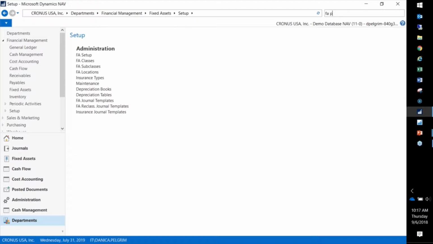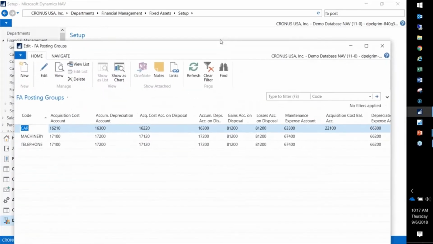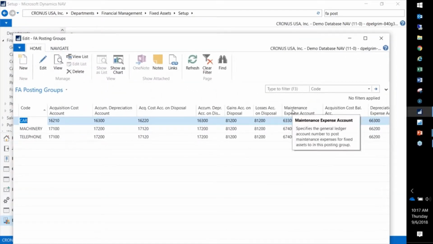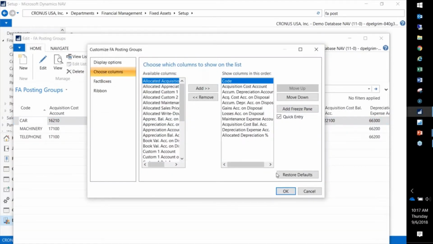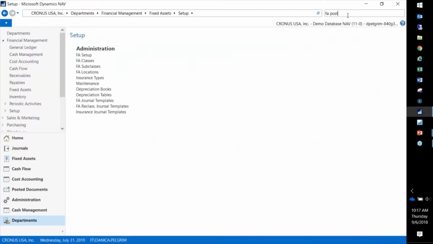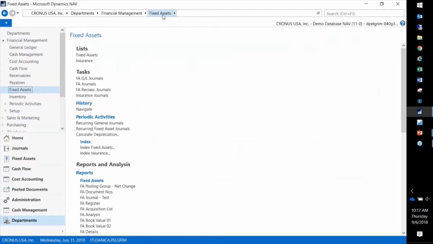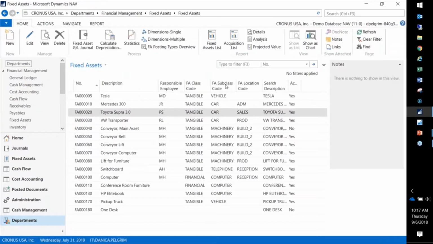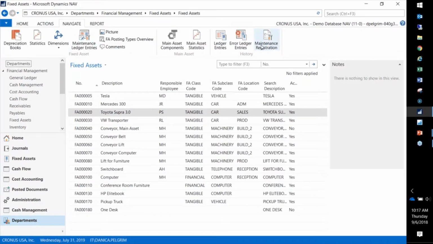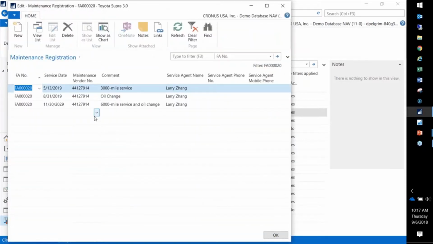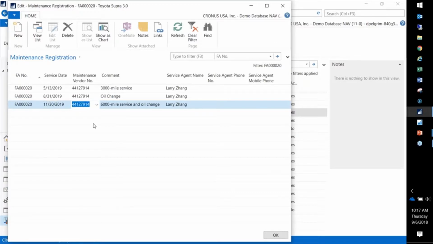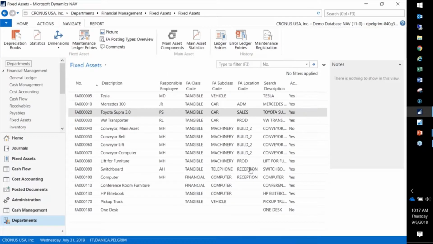On the fixed asset posting groups, I'll just go in and show real quick where we can see that maintenance expense account here. If this field is not exposed, then you might just need to go into choose columns and make sure that field is added over on the right-hand side here. And then if I go to my fixed asset list and I go to navigate, this is where I can add my future potential. This is like way out into the future. We'll just change this to 2019. The different type of services that I would want for that particular